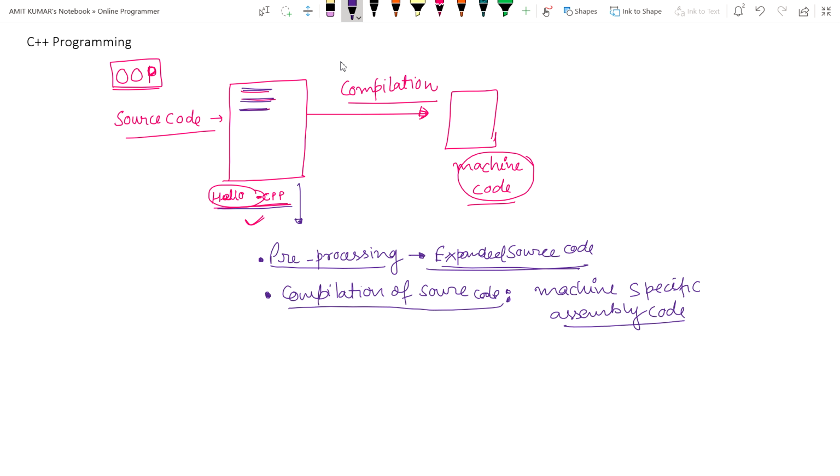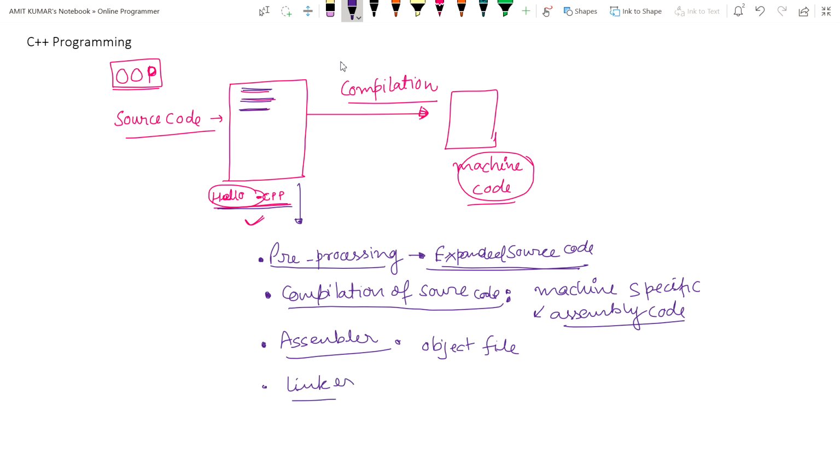This machine specific assembly code is then converted to an object code file by a program called the assembler. So the assembler converts this file to object code, or object file, you can say.